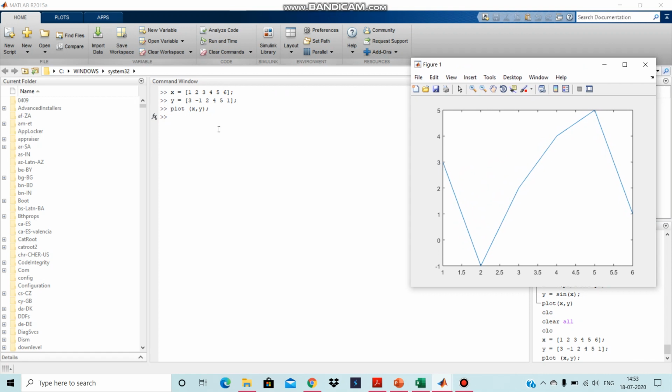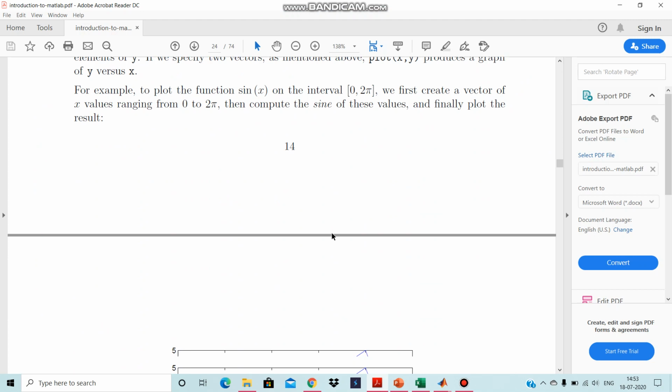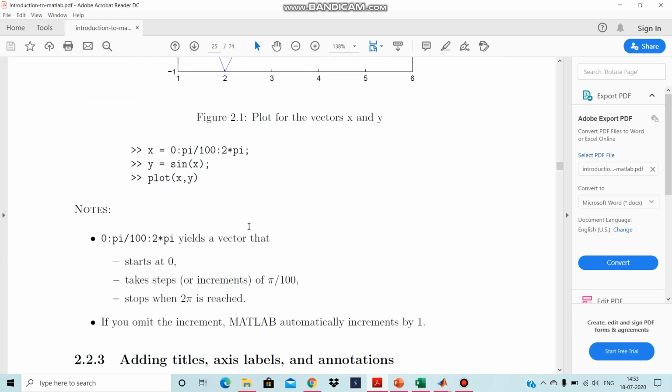Now you can insert your labels here itself, or we can do the example of sin x, right? So we will do the example of sin x again, so now I am reassigning the variables.